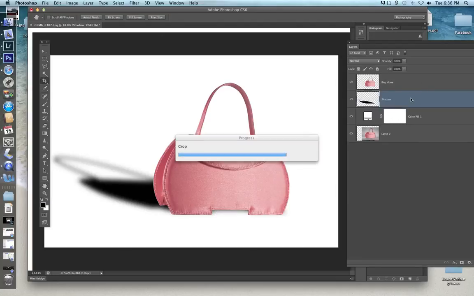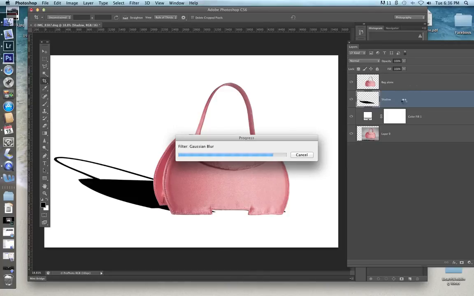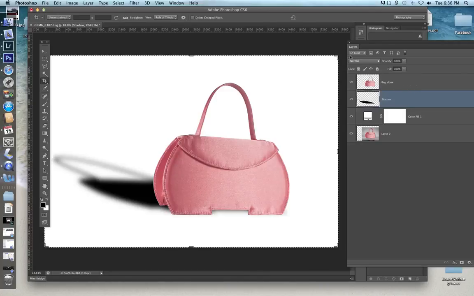And I'm also going to take the opacity of this layer down because shadows aren't normally black, kind of gray in nature. You can lower the opacity as much as you like. I kind of like this. I think it works. And sometimes shadows go from dark to light, so they start fading off into the